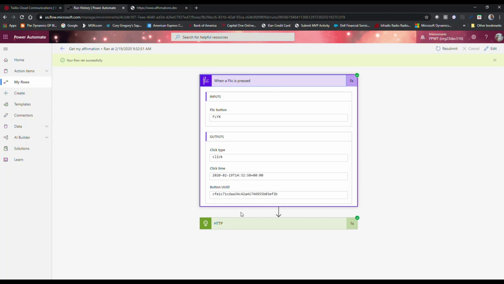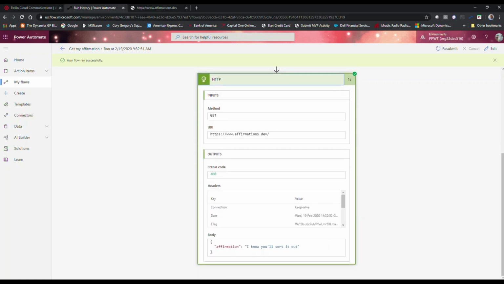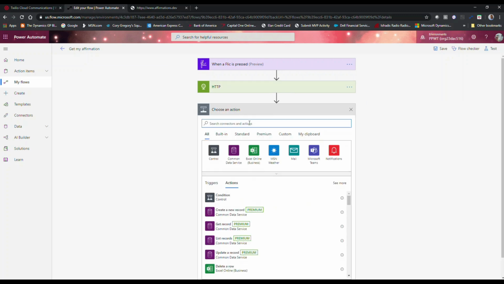Okay, so that's my input. I also have the HTTP request here, and as you can see, there is an affirmation message that came back. That's the package that we need. So I'm just going to copy this out, and then I'm going to edit this flow again and add a new step. My new step will now be to parse that payload